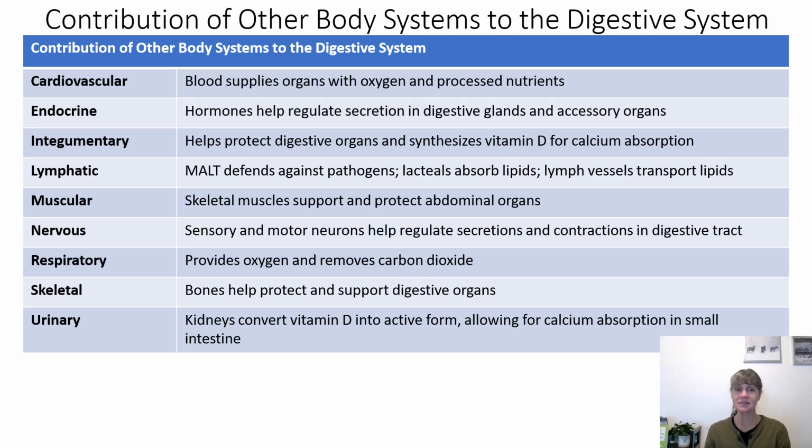Our muscular system includes skeletal muscles, which support and protect the abdominal organs. The nervous system includes sensory and motor neurons that help to regulate secretions and contractions throughout the digestive tract. Our respiratory system helps provide oxygen and remove carbon dioxide. The skeletal system helps protect and support digestive organs. And the urinary system